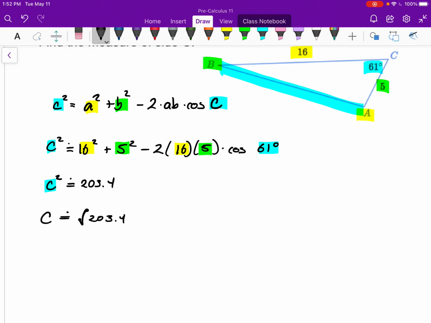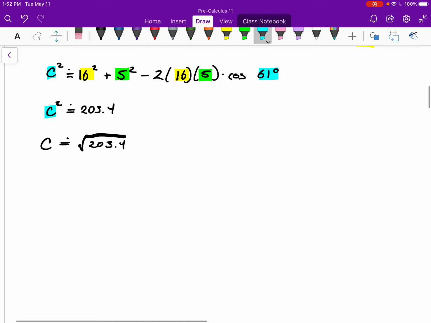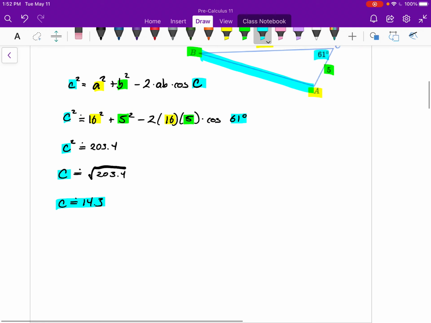It's not wrong to think about it, as long as in the end we realize we shouldn't have a negative distance. And so the measure of side C is approximately 14.3. I don't think I had units here yet, so I can just say 14.3 units. All right, so like I said,